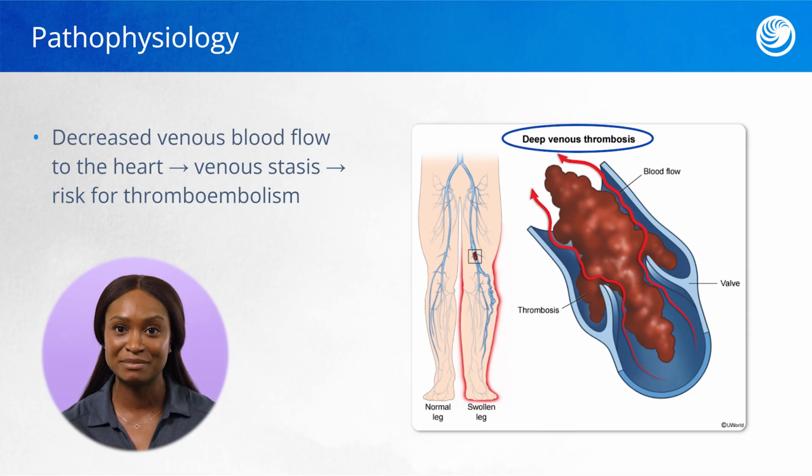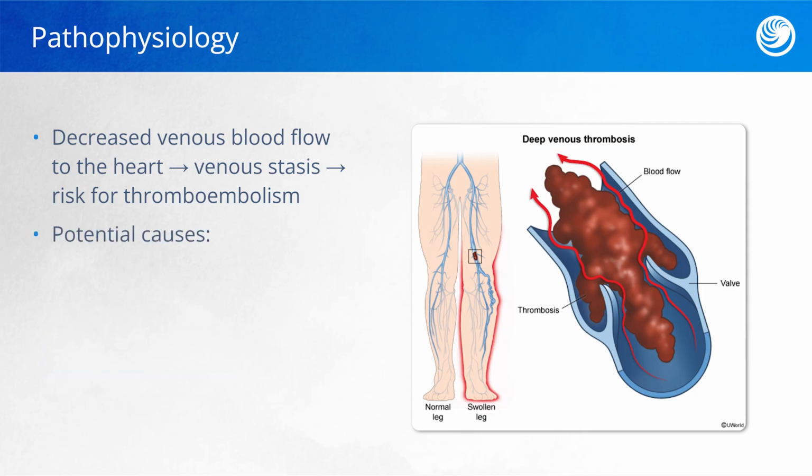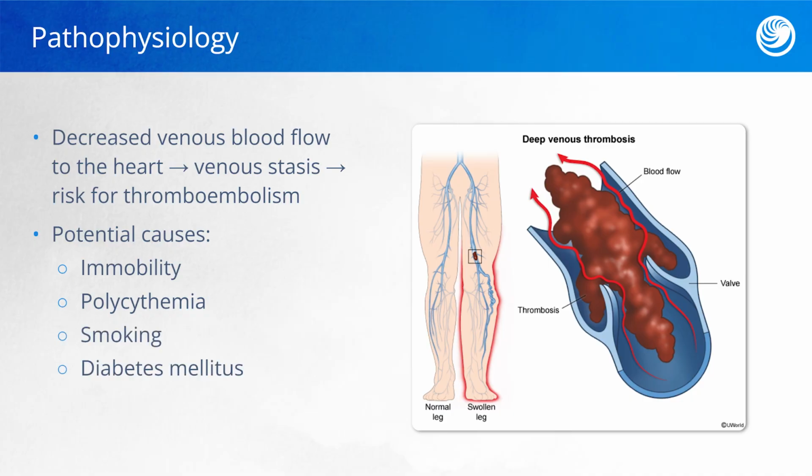You can see in the image here a deep vein thrombosis. Some potential causes for decreased blood flow are immobility, like when a client is on bed rest, polycythemia, smoking, diabetes mellitus, and irregular heart rhythms such as atrial fibrillation. Applying adequate compression prevents the pooling of blood in the extremities by improving the blood flow through the veins back